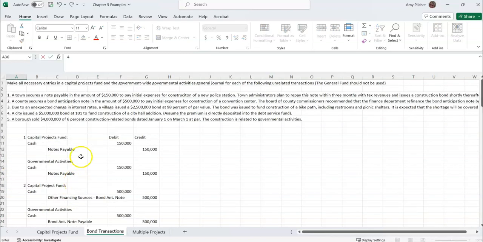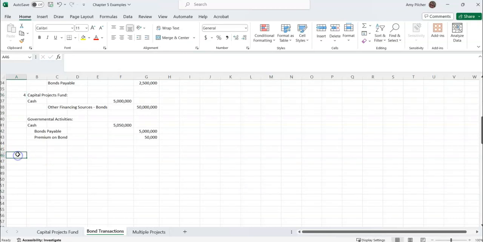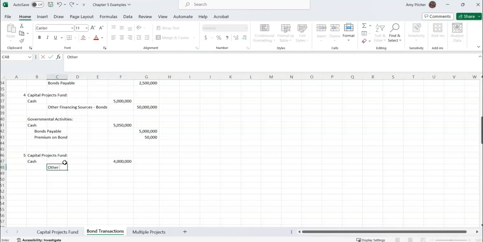That's transaction 4. And transaction 5, a borough sold $4 million of 6% construction-related bonds dated January 1st on March 1st. The construction is related to governmental activities. So we have 5 in our capital projects fund. We're going to receive cash of $4 million. And then we have other financing sources, proceeds of bonds,